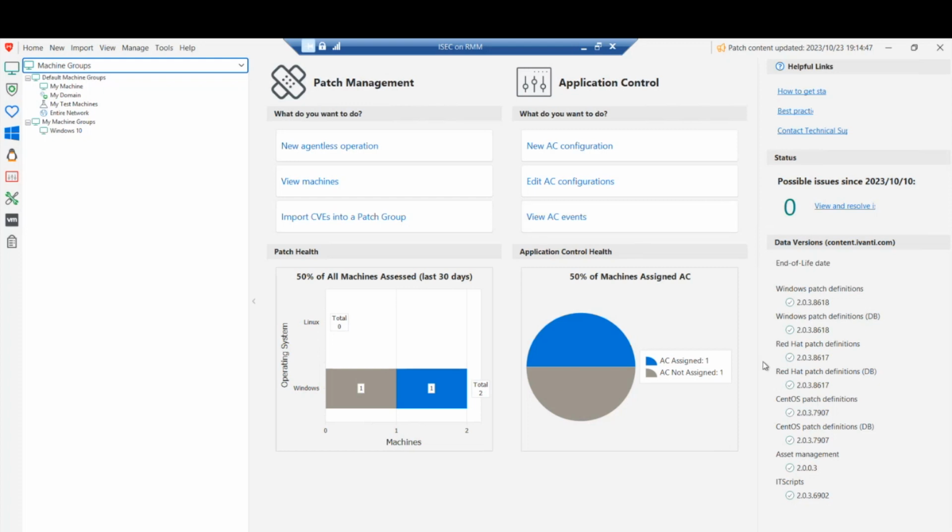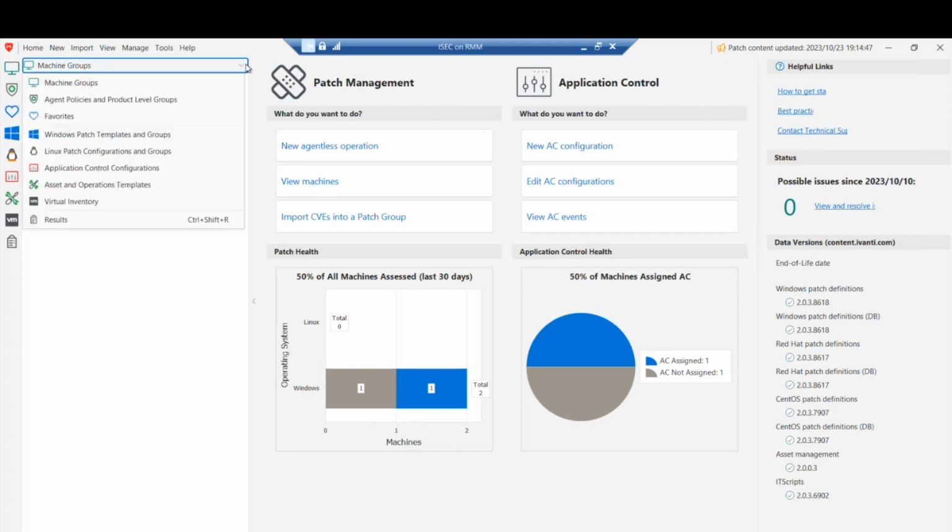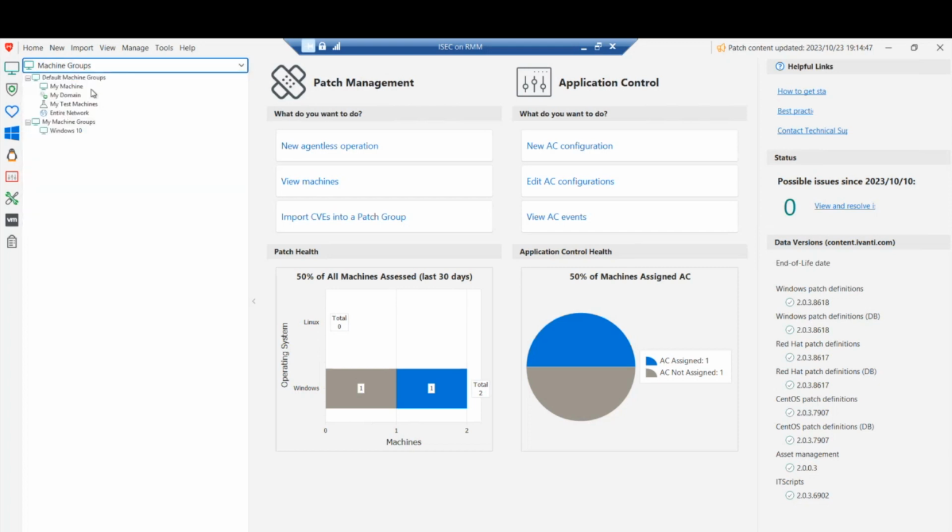Application control, also you can have a look to see what application control policies have been assigned to which devices. By clicking on this, it will bring you to your machine groups. As I mentioned earlier, this can also be done via the drop down. But what the machine groups will allow you to do is, there's some default out of the box machine groups. For my machine being the Ivanti Security Control server,